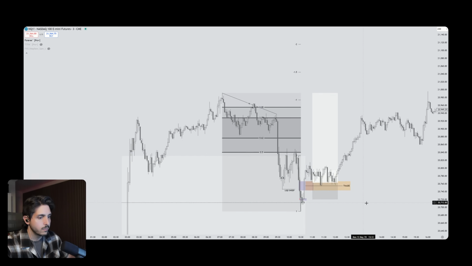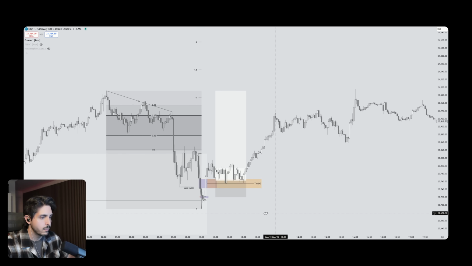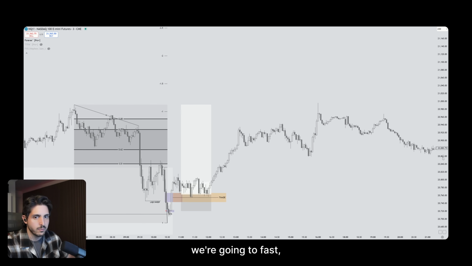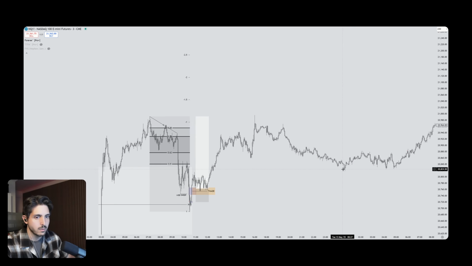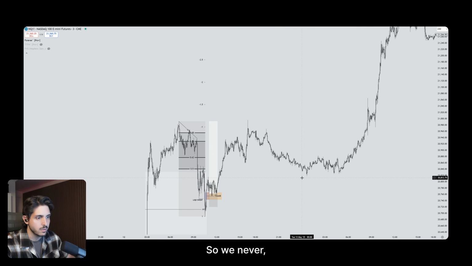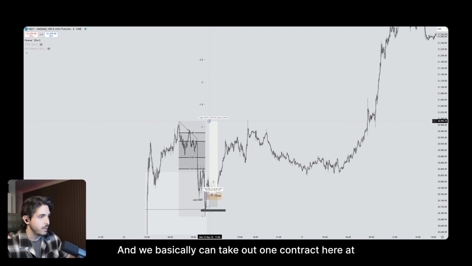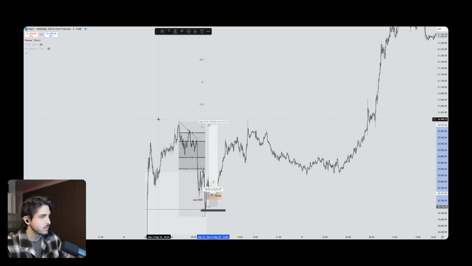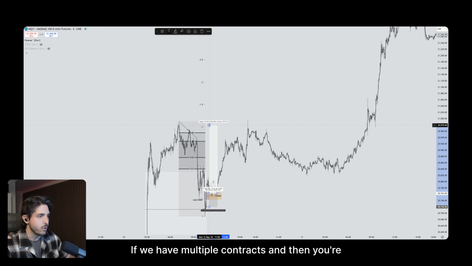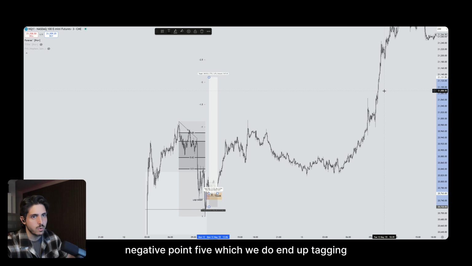So we're going to not fast forward. We're going to zoom over here and see, does price ever? Yes. So we're still in our trade here. Price never comes back to our break even or anything like that. And we basically can take out one contract here at -1, right? If we have multiple contracts, and then you're looking for that -2, -2.5,